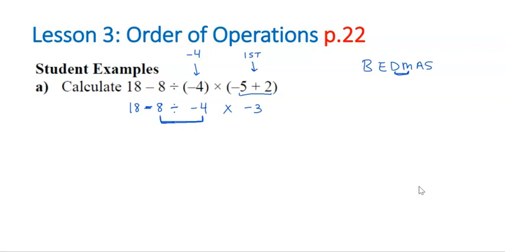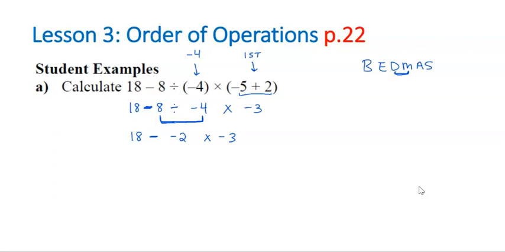I'm going to keep this minus sign here and just leave it. And I'm going to take this as 8 divided by negative 4, which will result in a negative 2. Now watch what happens when I do that. Sometimes this happens. I copy everything. But remember, even if it looks kind of yucky and ugly like what mine does right now, I may not need to worry about that,